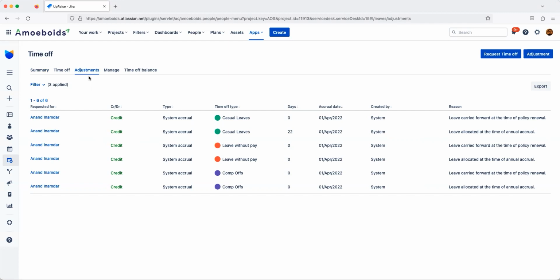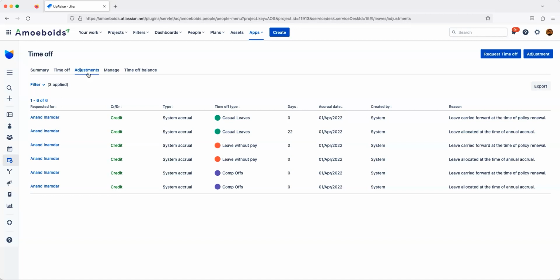What that means is there will be a few situations where you will have to make some adjustments to the leave balance of an employee. What are some of those situations? One being, let's say, an employee worked over a weekend, right? Maybe there was a project that was due and the employee needed to work over that weekend. One way to ensure that the employee is compensated for these additional working days, or rather additional work that they performed on the weekend,